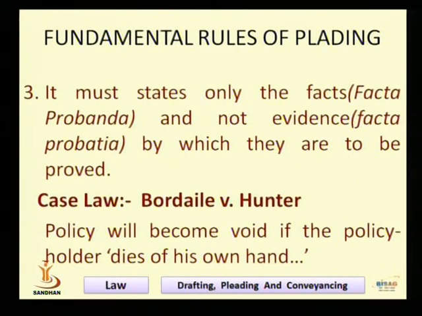The case law for this particular rule is Bordale versus Hunter. This case was relating to the insurance policy, whereby one of the clauses of the insurance policy was that the policy will become void if the policy holder dies of his own hand. This is one of the clauses of the insurance policy. If the policy holder dies of his own hand, then the legal heirs of the deceased person are not entitled to